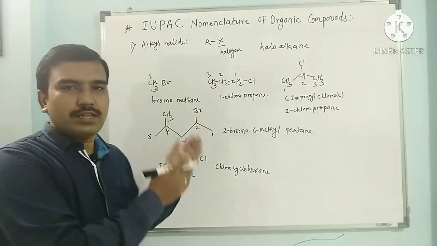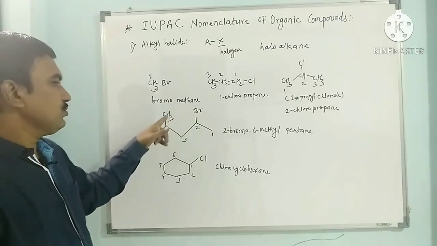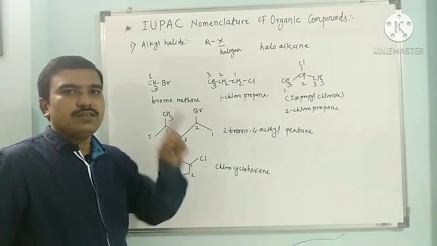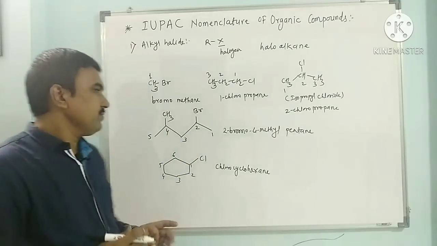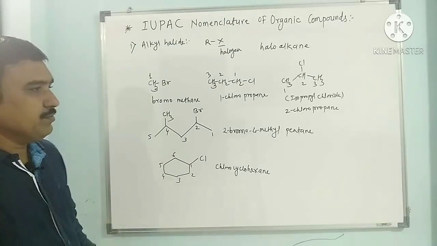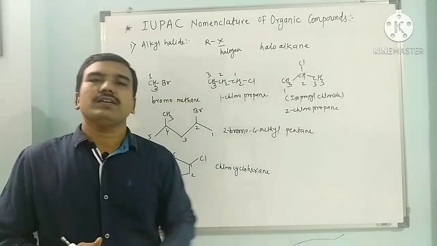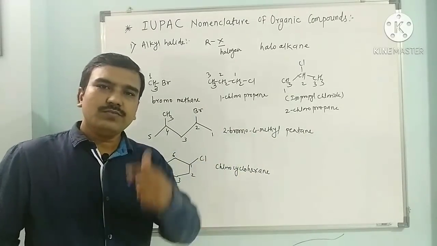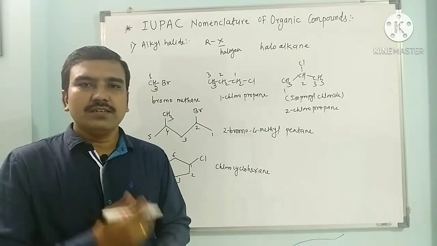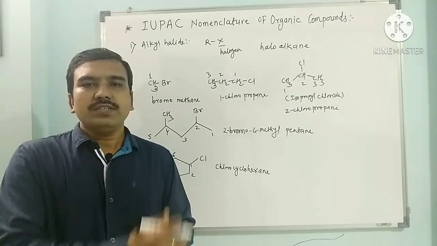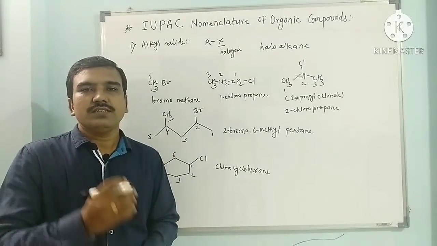Simple alkane rules are applicable to these haloalkanes. Only when the same number goes to alkyl group and halogen, then lowest number should go to halogen. If different numbers are getting, suppose in the example where bromine can get third number but methyl is having second number, then the lower number should go to methyl group. So in this way we can start the numbering as per the IUPAC rules in the haloalkanes. Now the next functional group we have to discuss, that is alcohol.